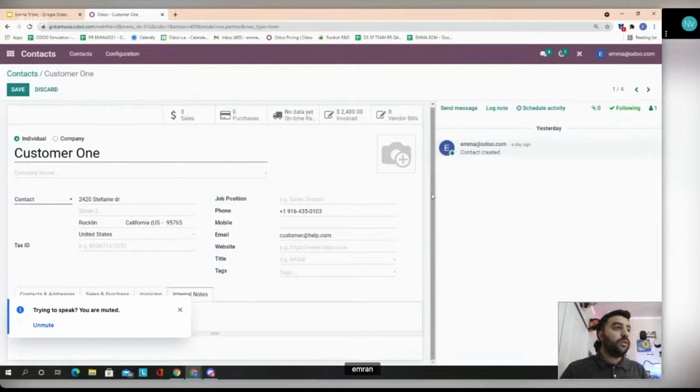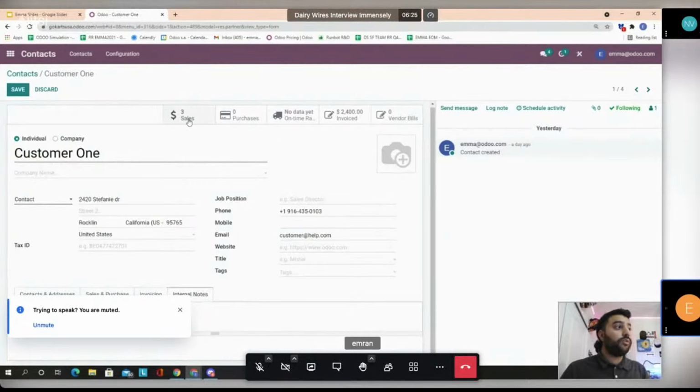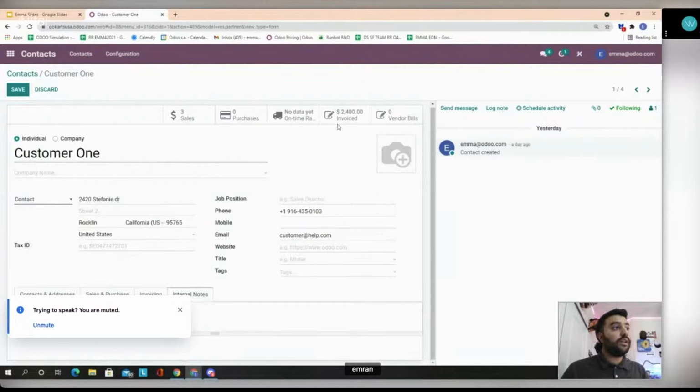Our smart buttons on the top, though, actually keep track of anything this contact does throughout Odoo. So sales, we can see there's 3 previously made with this customer already. Our invoicing policy as well. We can see this customer's done $2,400 with us. So Odoo will always keep track with this customer throughout the process between sales, purchases, etc., which is a good